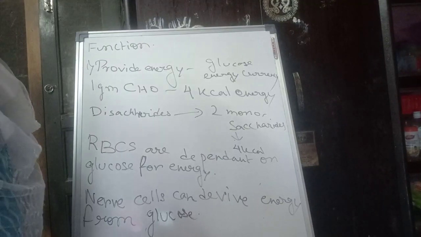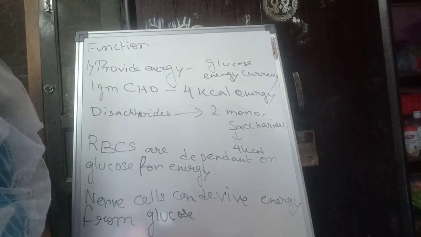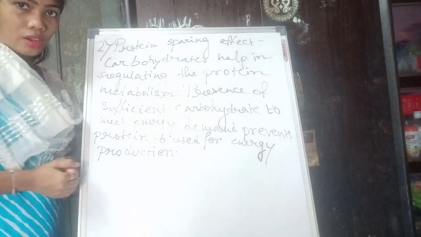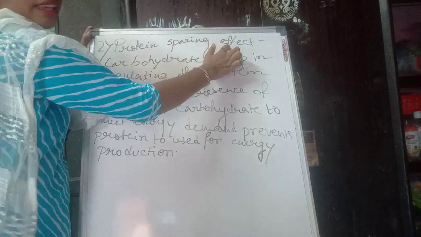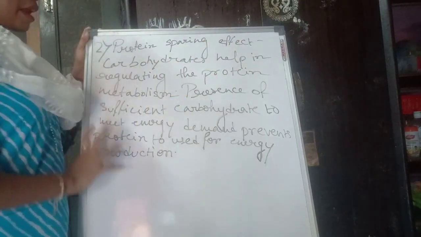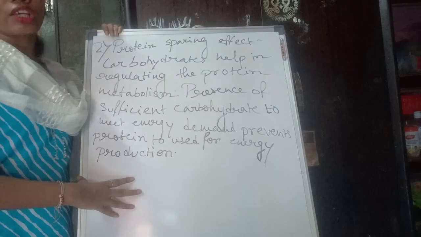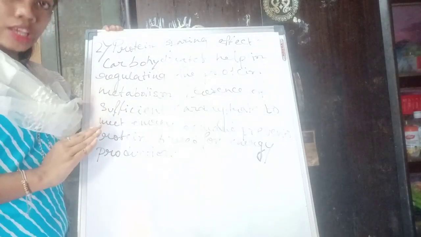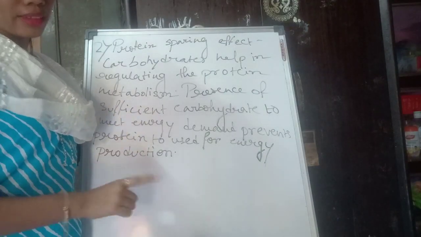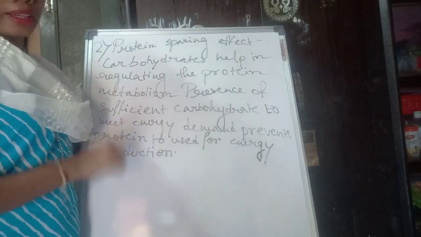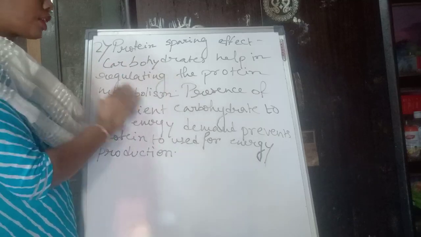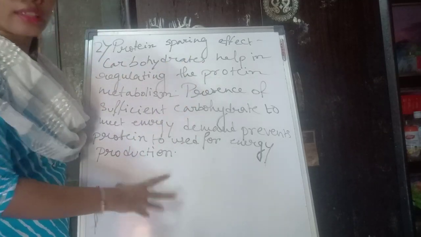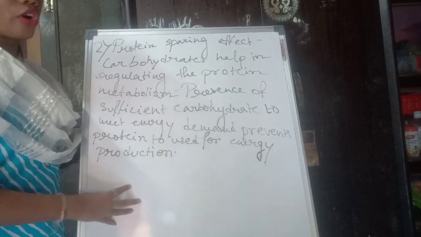Okay, next I will move to the second function. The second function of carbohydrate which I will discuss is the protein sparing effect, or protein sparing action, of carbohydrate. If you have enough carbohydrate present in your diet, that means your body will always use that carbohydrate to produce energy. It will not use the stock of protein for production of energy, and that will make sure that protein can be used for